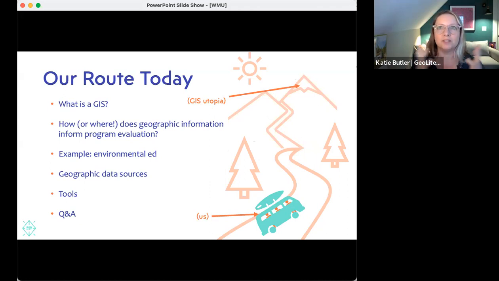And I see how we could do some really interesting things by incorporating some geographic information into our evaluations. So we're going to do that by first talking about what a GIS is. Then we're going to talk about how, or where, geographic information can inform program evaluations. I'm going to give you an example, and it's a fictitious example, so we'll talk through that and we won't hurt anyone's feelings. We're going to talk about where you can find geographic data. And then I'm going to introduce a couple of tools.